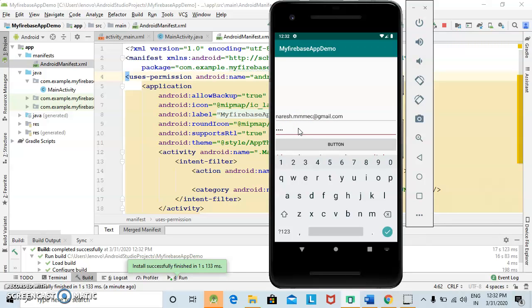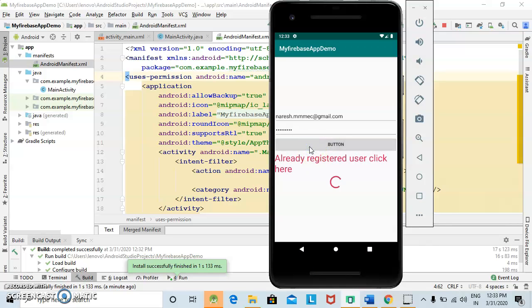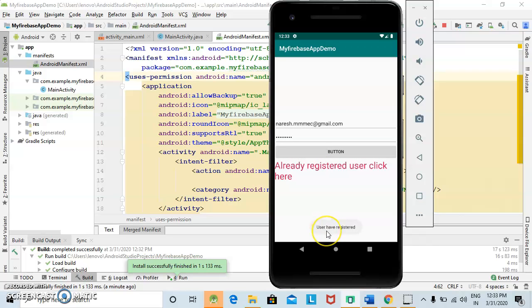Here I have not applied validations. You can also apply validations using simple coding. Click on the button. If all things are okay, then we will get the message user have registered. If there is any problem, then we will get the message that there are problems in registration.